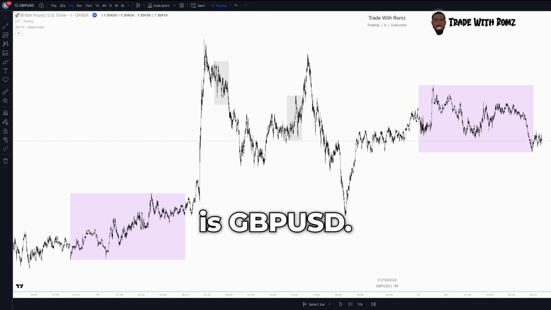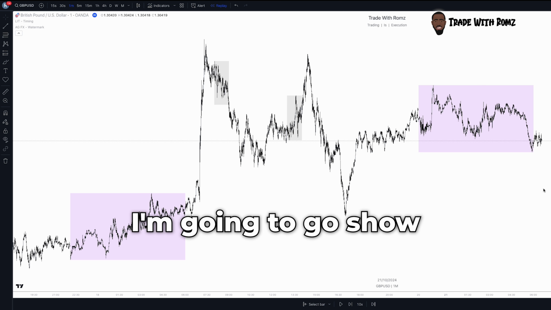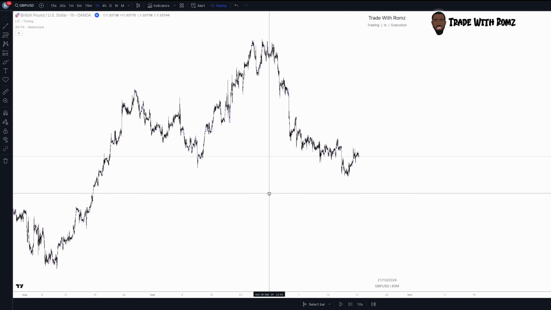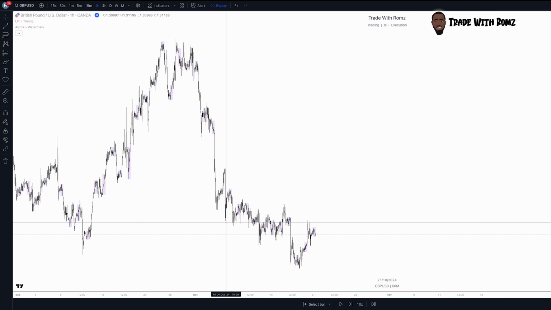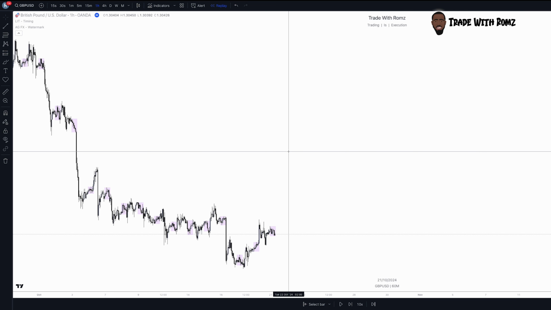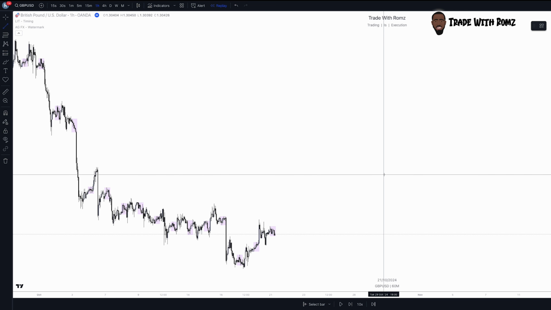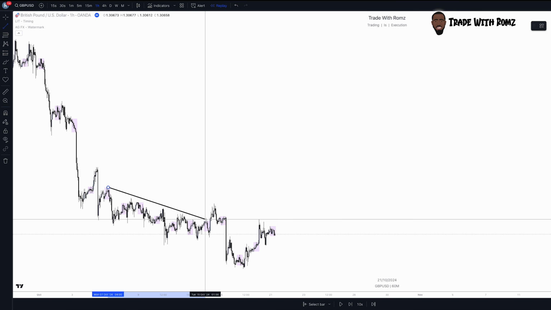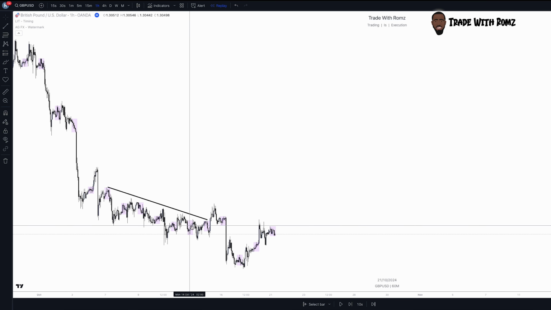All right. So what we have here is GBP USD. I'm going to show 2 days of price action. So if you start off on a higher time frame, so we can just see where we're at. Okay. So this is the 1 hour time frame. What you can see here, for the sake of time and speed, I'm going to fly through the high time frame markup. But what we can see here is you've got this channel type build up,